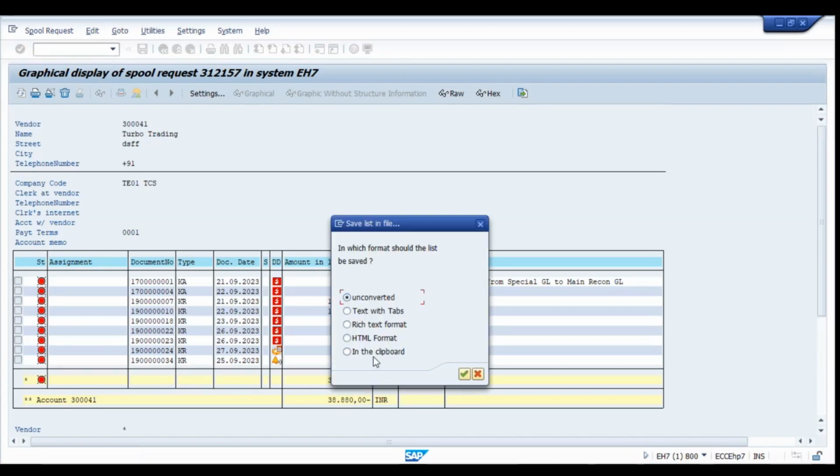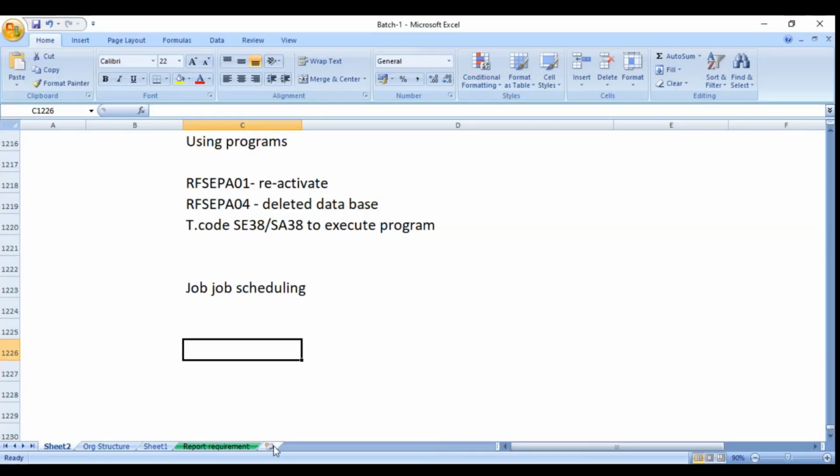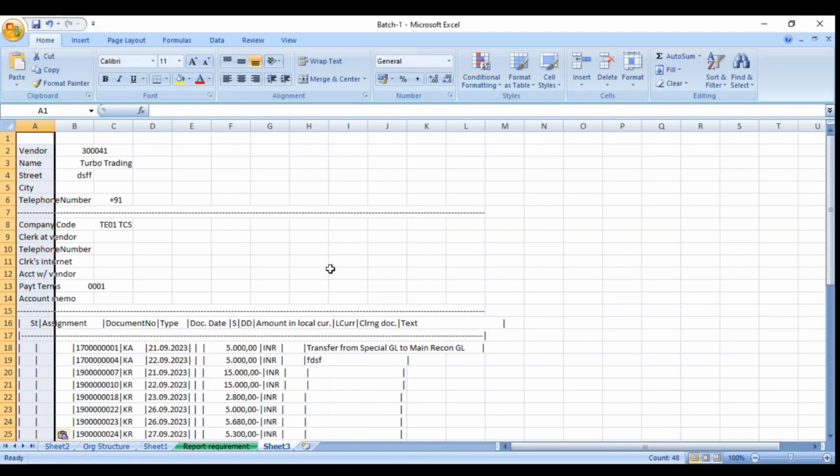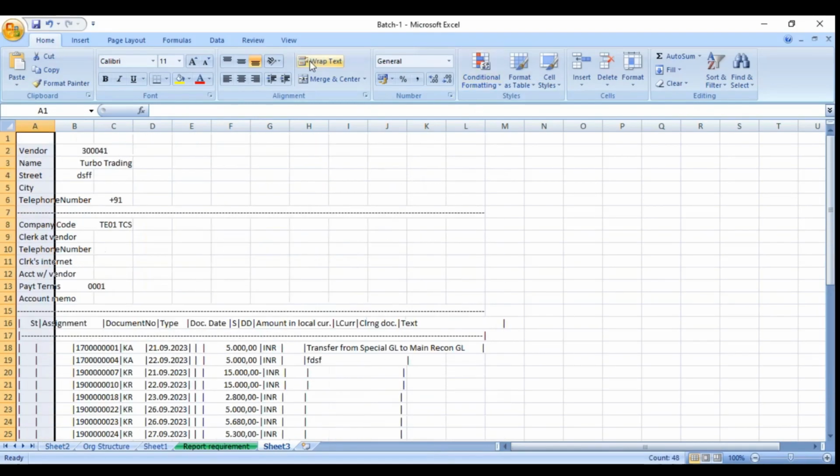Same thing we saw last time. So select, in clipboard, go here, open your sheet, paste it here. So you get this weird data. So you have to format it. Go